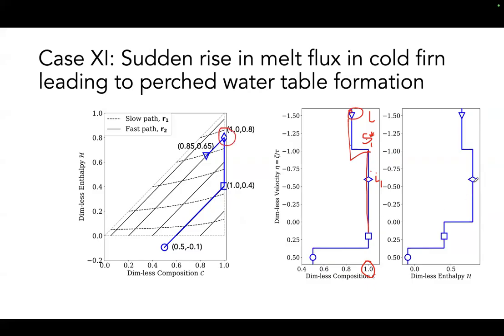And then there is a jump in enthalpy because of a jump in porosity. And then there is this state I2. Composition does not change because everything is water, either liquid form or solid form, but the porosity has to be accounted for in some form. So enthalpy takes that role. So this is I2, and this is the jump J2, and then from I2 to R, or the bottom state,